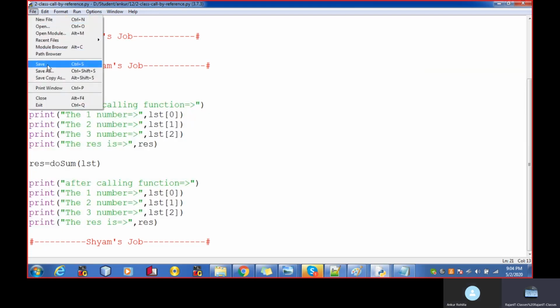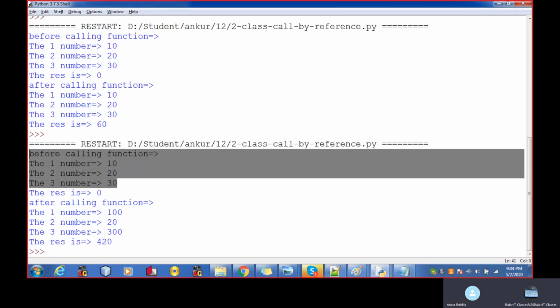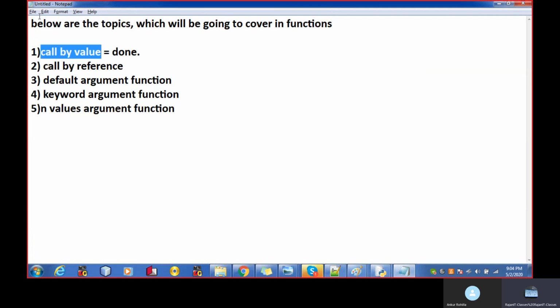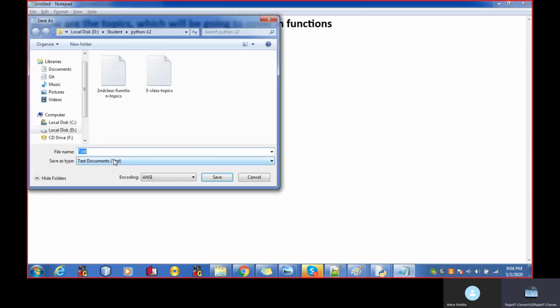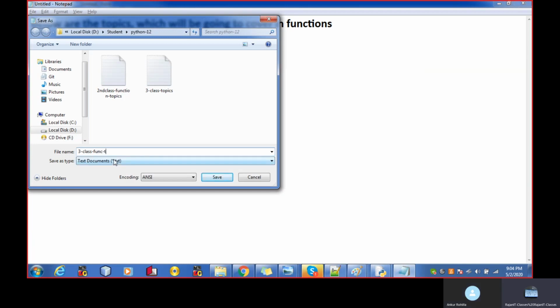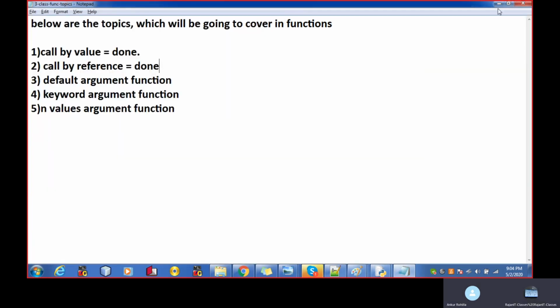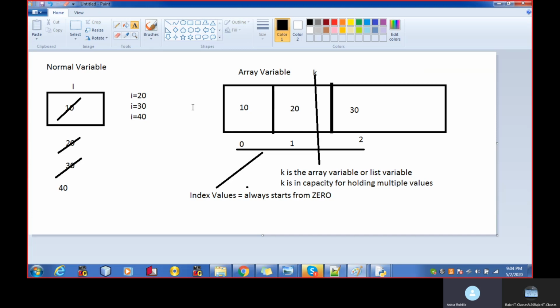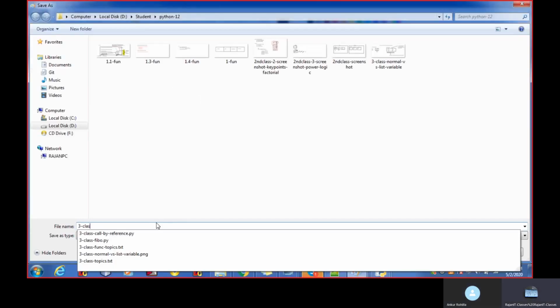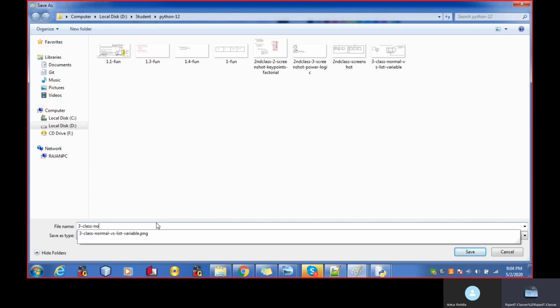Okay. Let's wrap up today's class. I'm going to send everything over email. So these are the topics. This is also done, right? Let's save this as the third class, function, normal versus list variable.